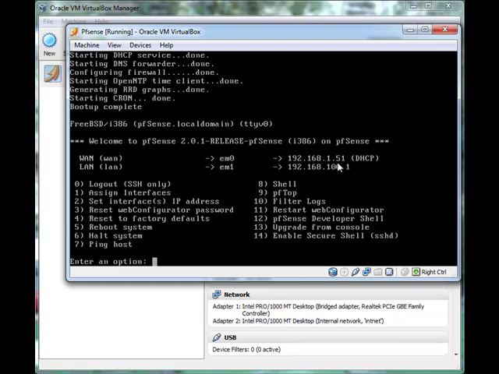Notice what my IP address is. This is where my home network is, 192.168.1.51. And the other one is 192.168.100.1. Now that's the internal side of it. So now we have all of that working. I know my DHCP server is set up on that so that I can do the install for running the Fog